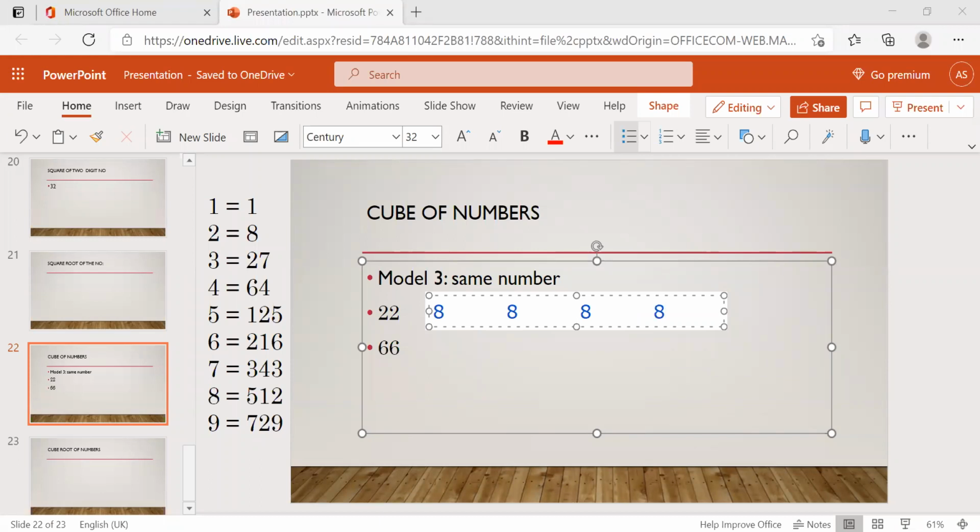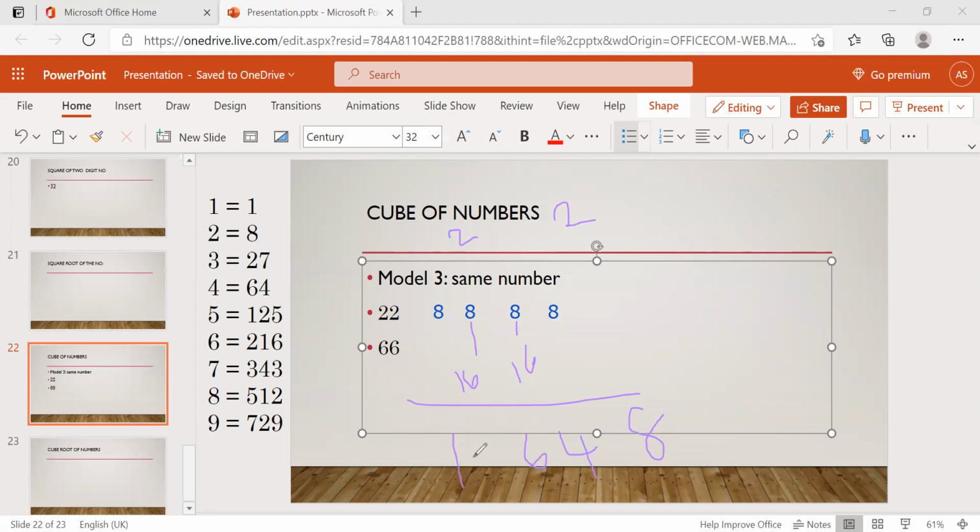Just 4 times of the one number cube. One number cube is nothing but 2 cube only. 2 cube 8, 8, 8, 8. Like this 4 times you have to write. And then same method. Double this number, 16. Then add 8, 16 plus 8, 24, 24 plus 2, 26. So 8 plus 2, 10. It is the answer. See how simple it is.